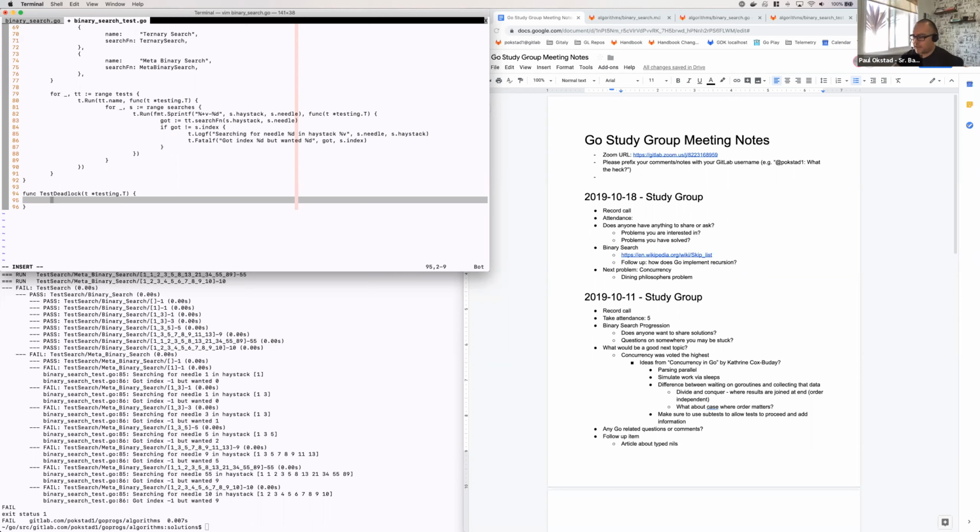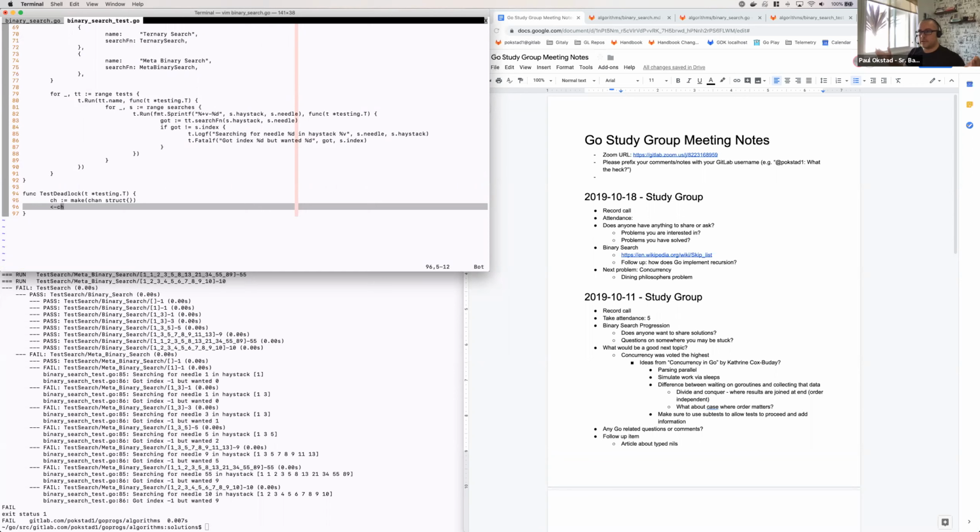But this is a really easy way to do it. If I make a channel and then I just try to read from that channel, this should deadlock because there's no one writing to this channel. Channels are supposed to be between two different Go routines. This is only one Go routine here. It's just the Go routine that I'm writing in right now, the test deadlock Go routine. So if I try to run this,